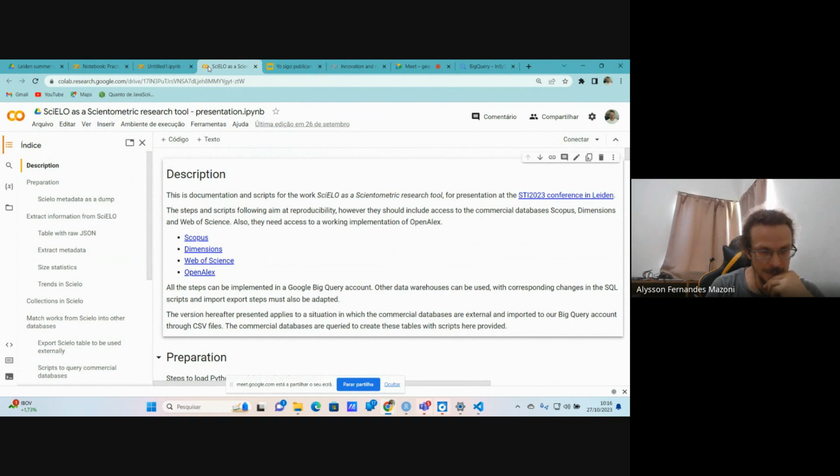SciELO is mostly Latin America, but not just that. Let me call it a Global South digital library. It's more than a scholarly database, because it contains and hosts the full paper and has some strict rules on open text and open access, etc. Well, the problem with SciELO, like many other local databases, is that it's legacy work. Much of it's not structured. So if you want to work with it from a scientometric perspective, you have to organize it, and that's heavy lifting work. Even for a small database, SciELO has around 1 million works,